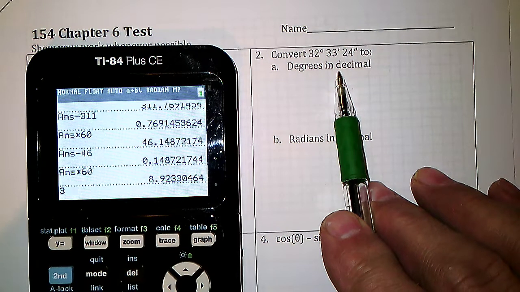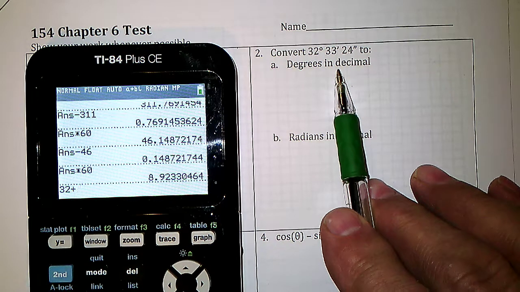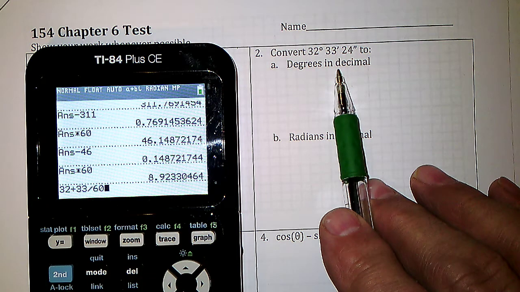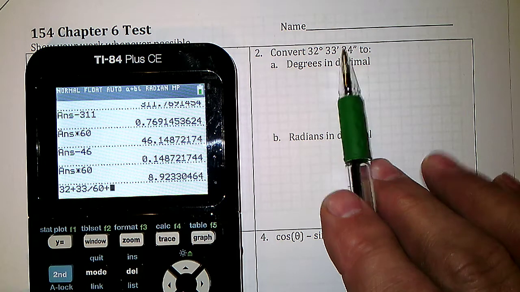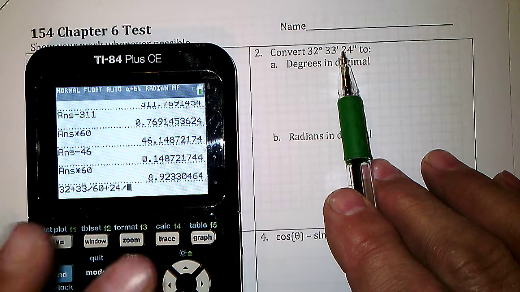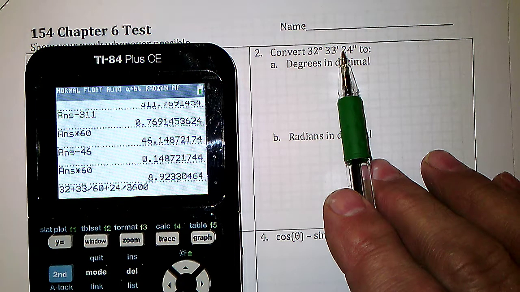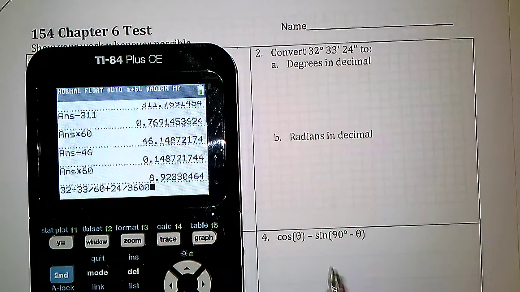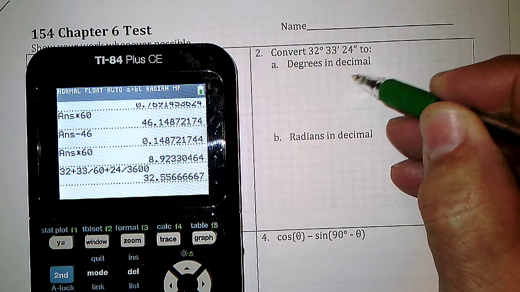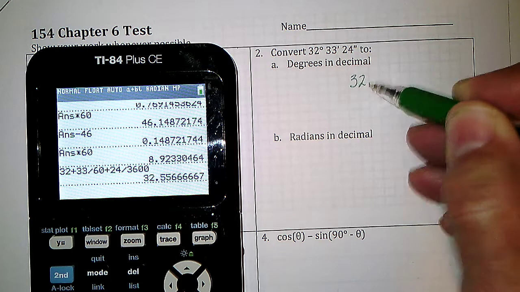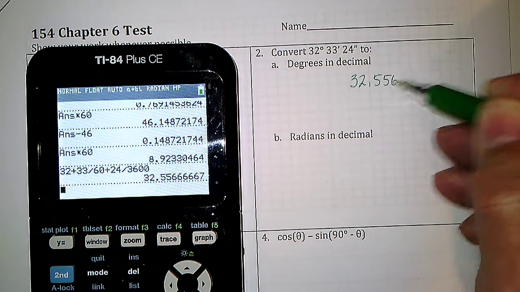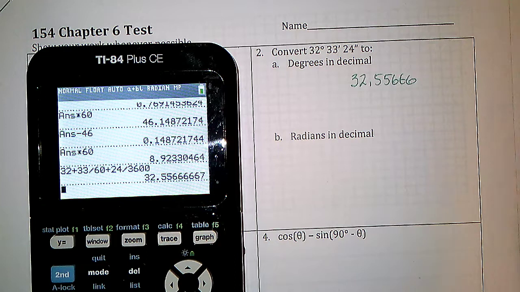So I got to take 32 degrees plus 33 divided by 60, because there's 60 minutes in a degree, plus 24 divided by 60 times 60, which is 3,600, not 360 like some people did. And that's 32.55666, repeating,